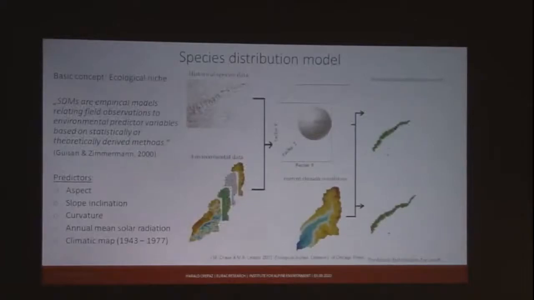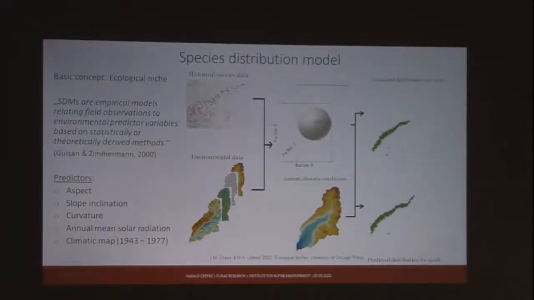For this reason, we use the species distribution model in R to calculate the historic distribution of the species. So basically, we use the historic species data plus the environmental data of the study area. In our case, we use the aspect, the slope inclination, the curvature, the mean annual solar radiation, and a climatic predictor. Here we have used a bioclim variable. It is the mean temperature of the warmest quarter of the year for the years 1943 until 1977